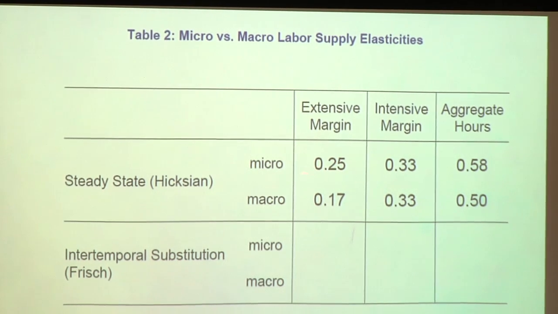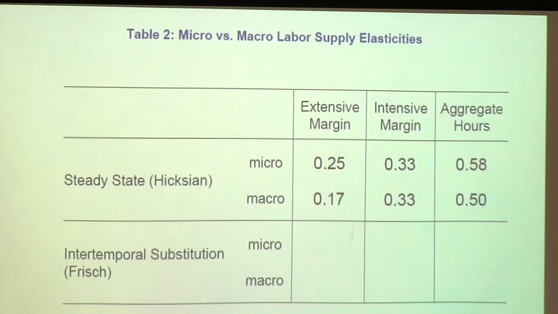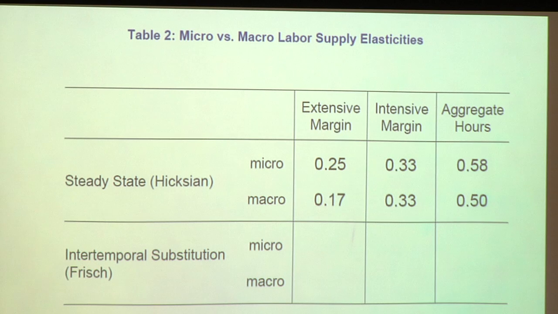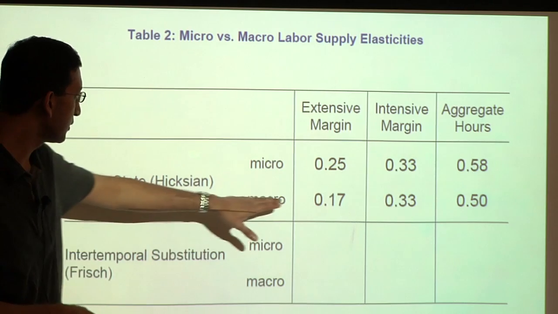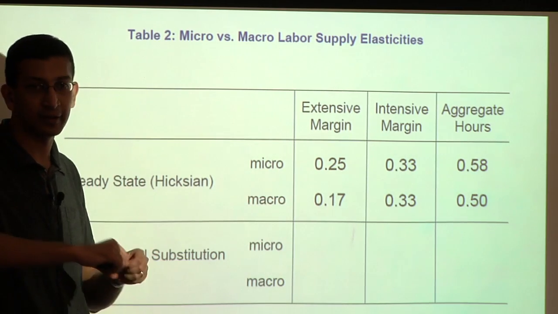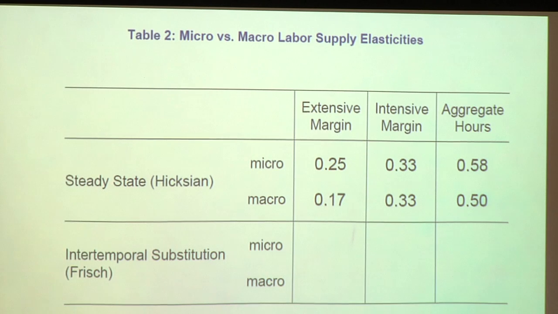On the extensive margin, I'm just taking the mean of micro estimates. It's not totally clear that that's right. You want to take some weighted average across subgroups, which is complicated. But the point is, there are lots of extensive margin micro elasticity estimates which are around 0.2 without doing any adjustment, which makes sense as I was talking about with the example of frictions. The macro implied elasticity, comparing employment rates across countries with different average tax rates, is also around 0.2. So this actually matches fairly decently.